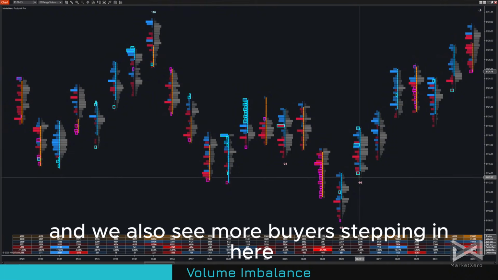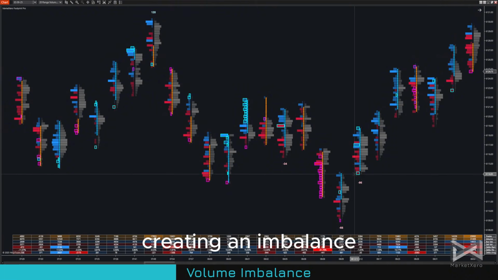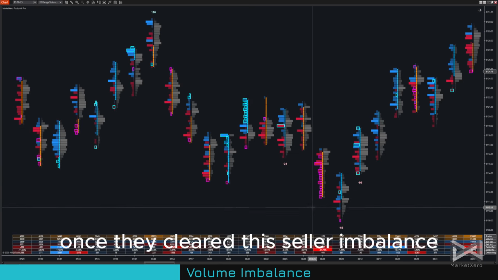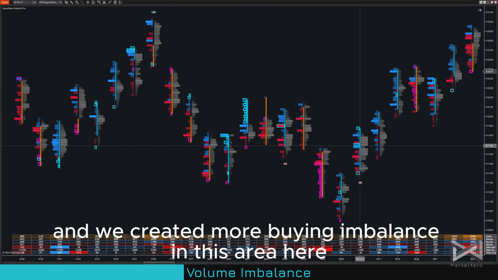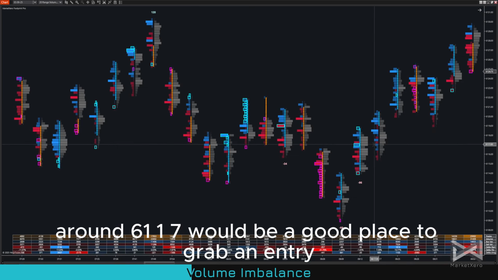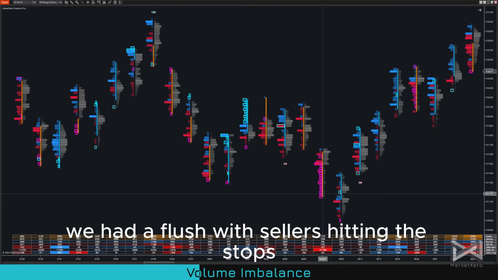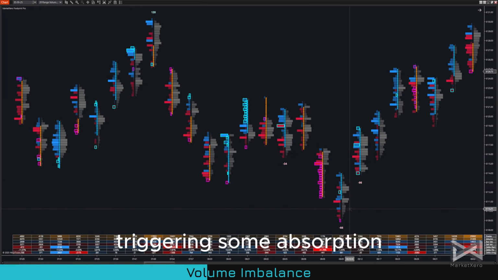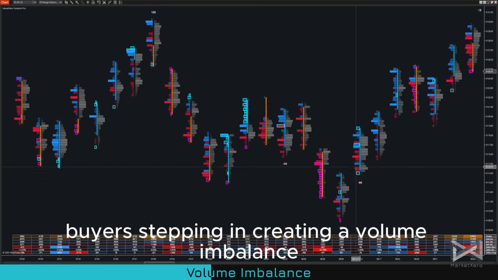And we also see more buyers stepping in here, creating an imbalance. And once they cleared this seller imbalance and we created more buying imbalance, this area here around 61.17 would be a good place to grab an entry. We had a flush with sellers hitting the stops, triggering some absorption, buyers stepping in and creating a volume imbalance,